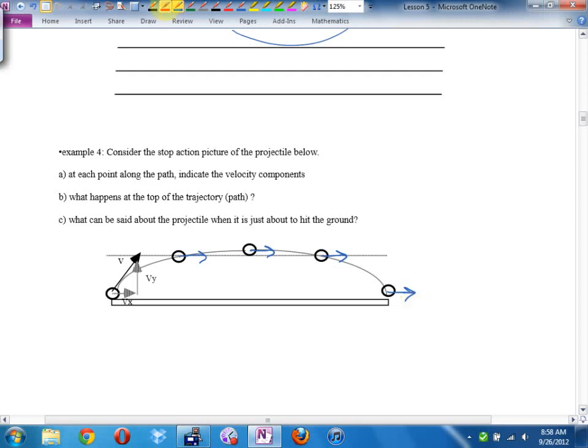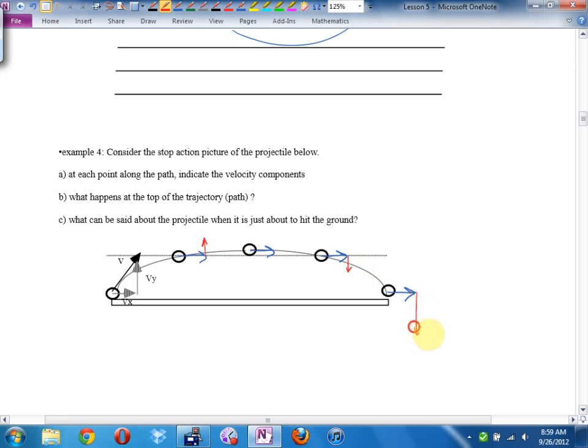I'll do the vertical component in red. On the way up, what happens to the vertical velocity? I think it's slowing down, isn't it? It's on its way up, so it's slowing down vertically, yes? So I'll draw the vertical component a little shorter here than the original one. What would the vertical component be at the very, very top for a split second there? 0. And then now it starts to come down, so there'd be a little vertical component heading down,